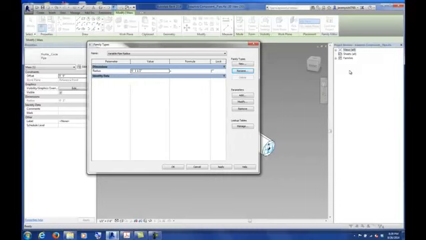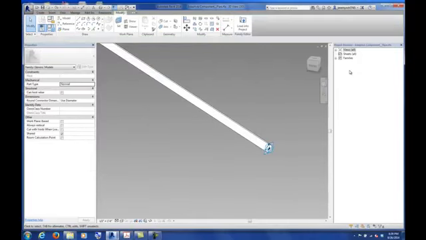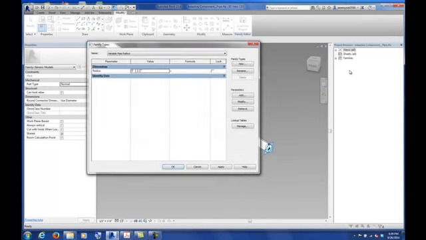Just the family types, this little icon up here in the top left, will bring you into this dialog box that I'm currently in. So it should look like that. There you go. All I did was delete whether or not we had a 3-inch or a 6-inch diameter. And then I'm also going to take this radius